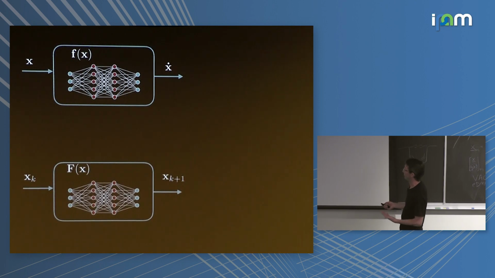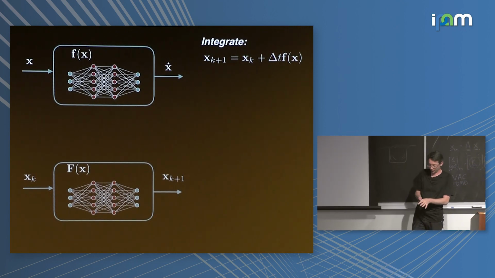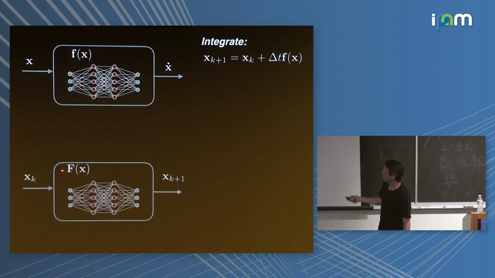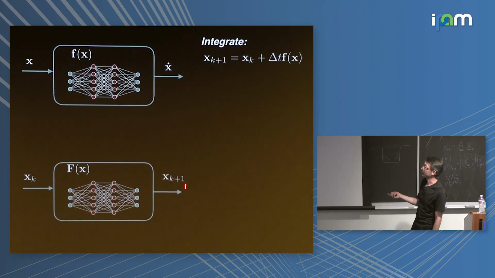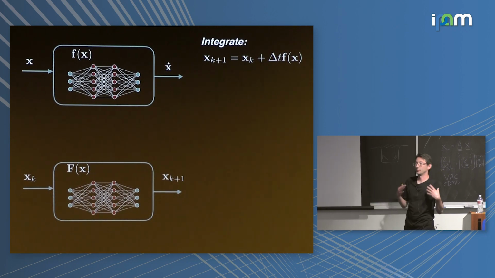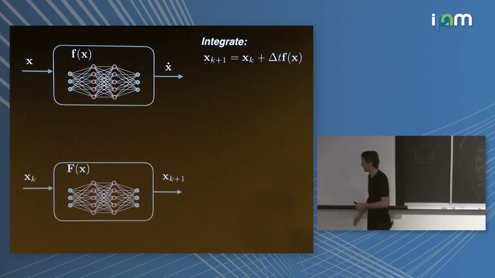Then once you have that mapping, you can integrate and step your state forward in time using some kind of integrator. Here I've done the simplest, crudest forward Euler you could cook up. Or you could directly learn the mapping that steps your state forward in time from k to k+1 to k+2 and so on. There's a lot of success in people using neural networks to build models for things like the Lorenz system and more complex dynamical systems that are chaotic, all kinds of interesting systems.